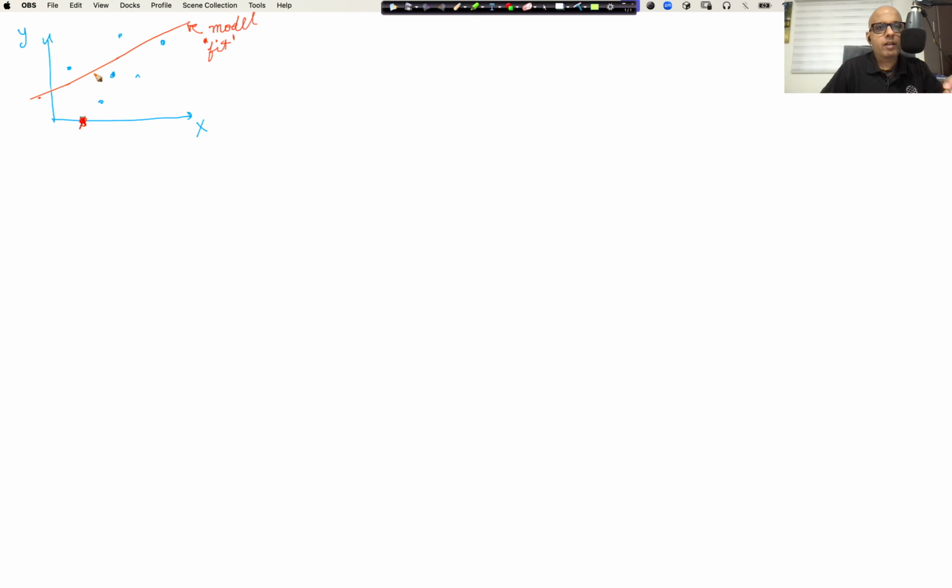And how do we find this line? Well, we could start out with an initial line like this. Then the next line could be like this, or like this, or like this. There are infinite possibilities, and the final optimal line that we would choose would have one thing, and that is